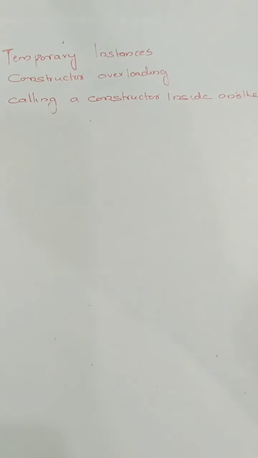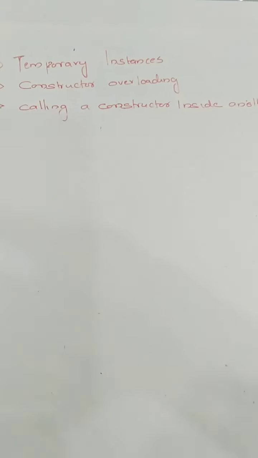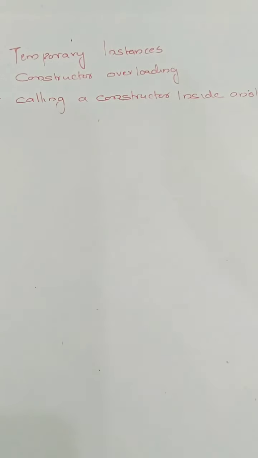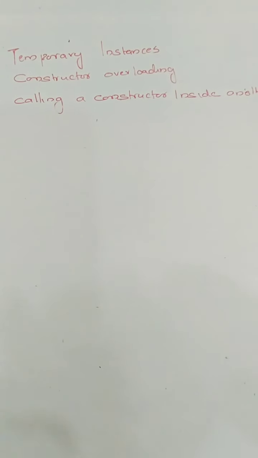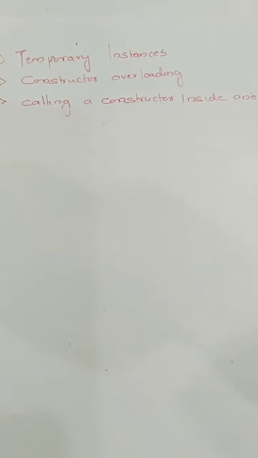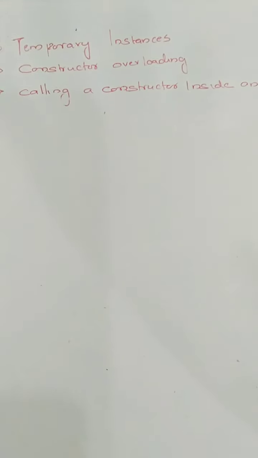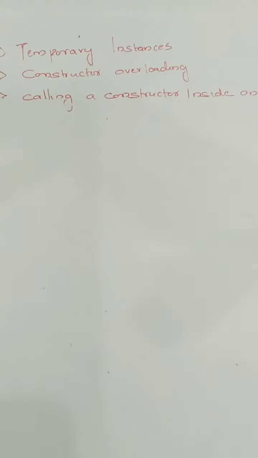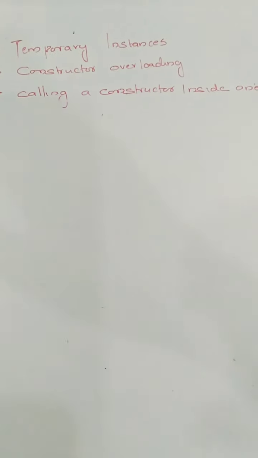Temporary instance. What is this temporary instance? That is an instance, an object that is temporary. We are not going to store this object in the memory, but only for a single-purpose use we are creating this object. So after that use, the object will be automatically deleted. This is for very large programs, where memory is being used a lot. So to avoid that memory usage, we create a temporary instance.